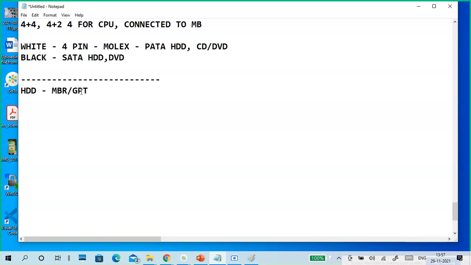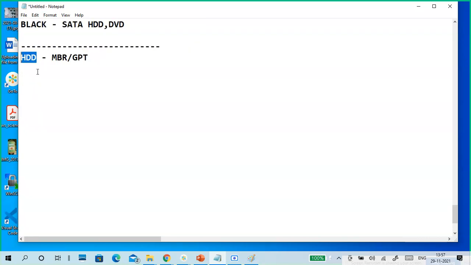So next one, I want to go with the hard disk. Hard disk is a secondary storage memory. The purpose of the hard disk is mainly to install the OS.